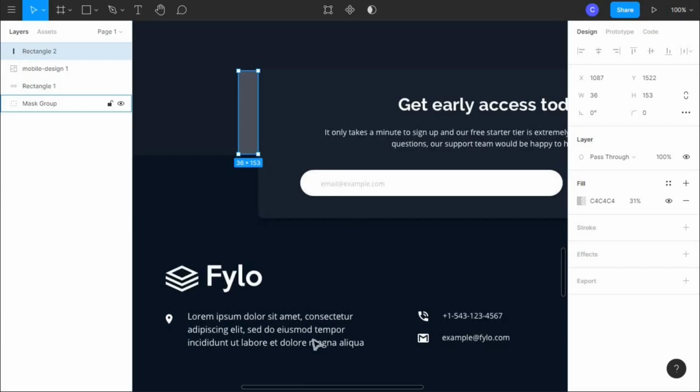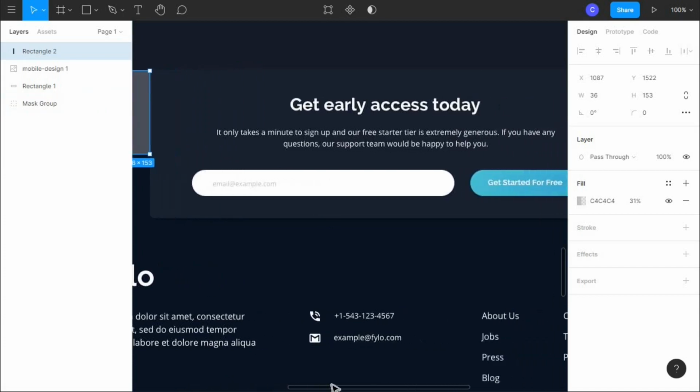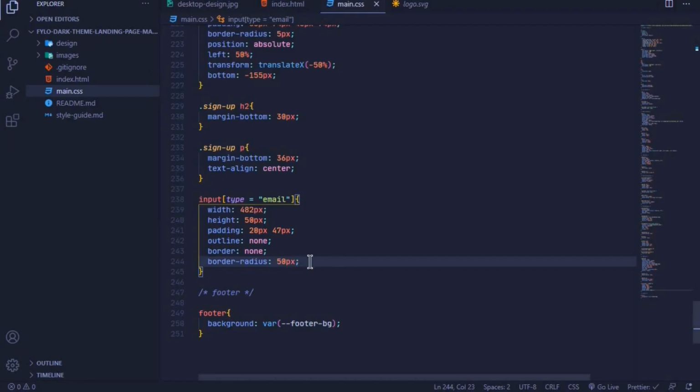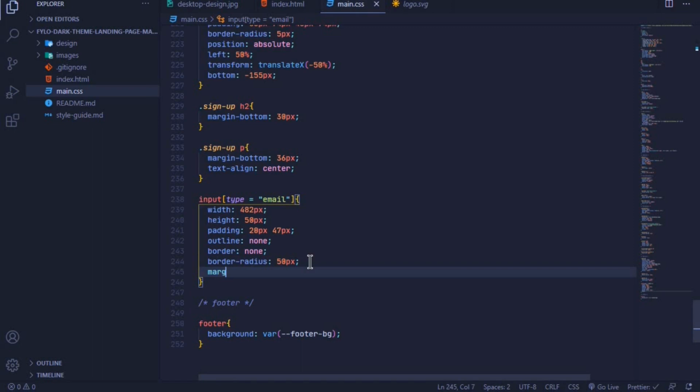So when I come here and scroll this way, you can see the input field and the button are side by side. So what I can do is to add some margin right for this one, margin-right of 20px,